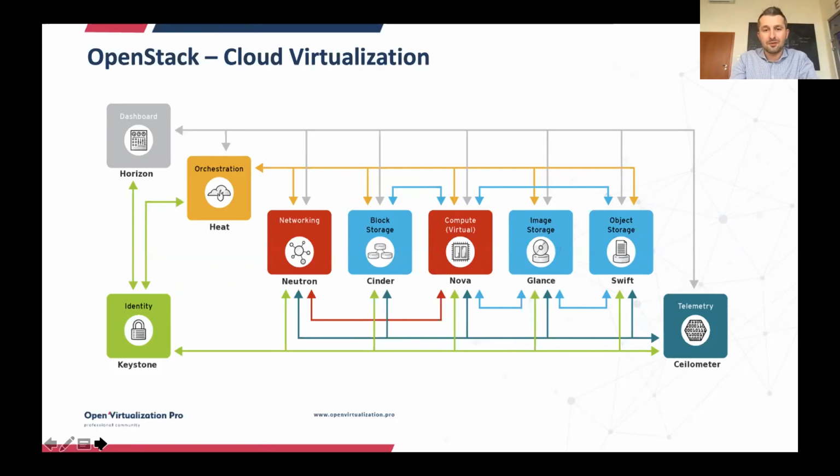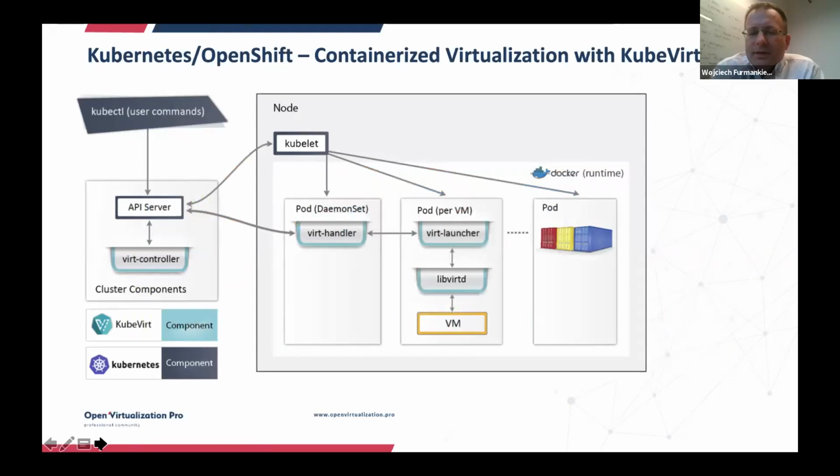When I think about OpenStack compared to oVirt and Red Hat Virtualization, anywhere you think about stateless workload, or maybe something that is extremely scalable, you can scale it out and in at a really huge scale. Big OpenStack implementations are thousands of compute nodes, for example, right? And there is flexibility to use different backends, etc. So this is cloud virtualization. I just use this term because I think it matches today's topic and reflects the functionality.